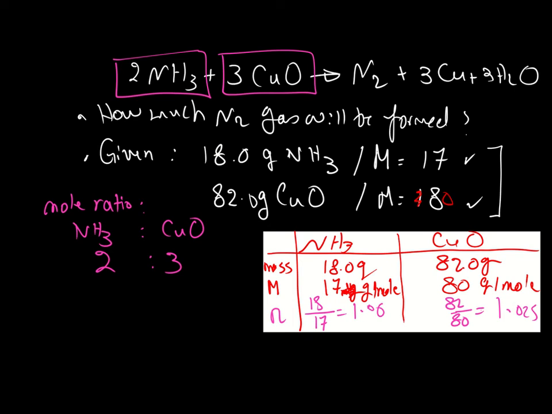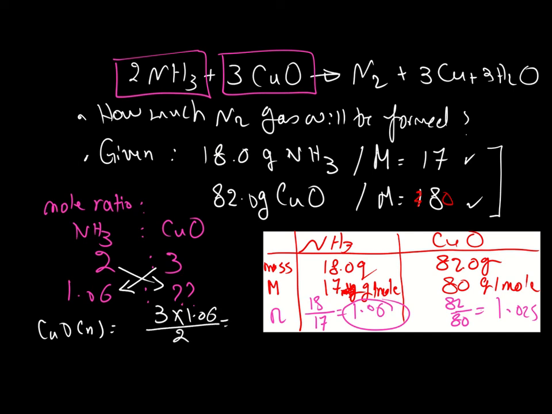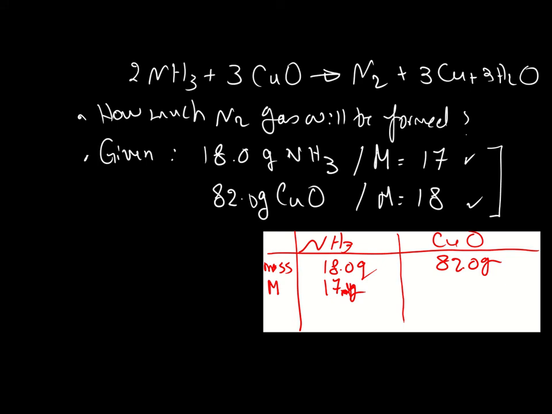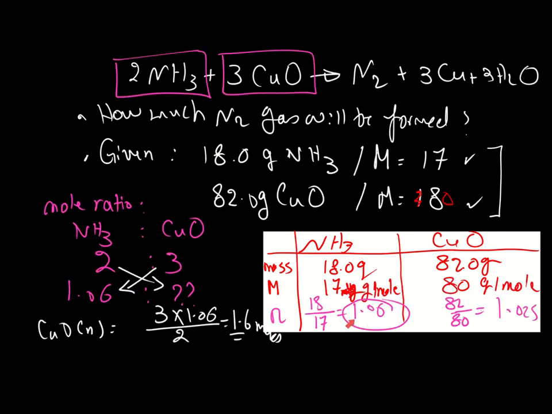Let's take any of those values, any one of them. So if I took this, what is the expected value of copper oxide? Yeah, what will we do? Yes, cross multiplication. I got a value of 1.6 moles. So if you are using 1.06 moles of NH3, you need 1.6 moles of copper oxide, but I have only